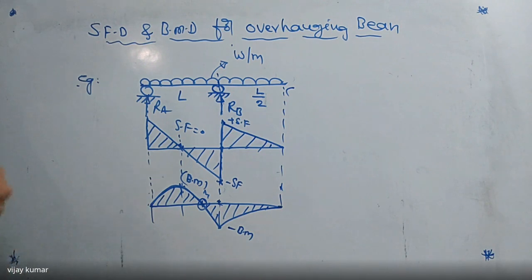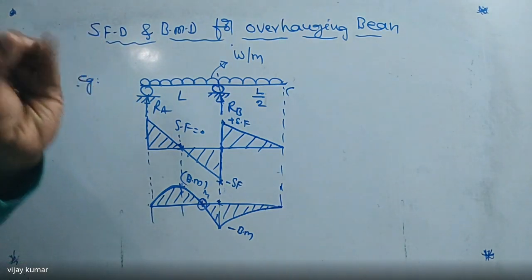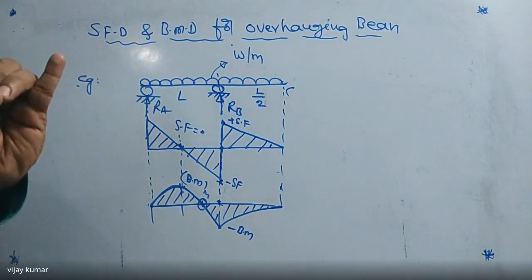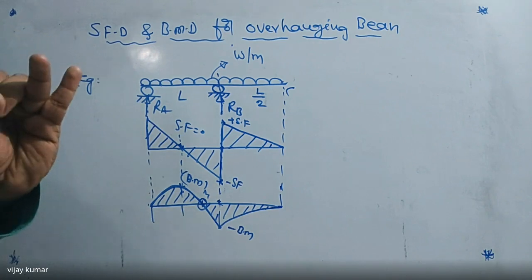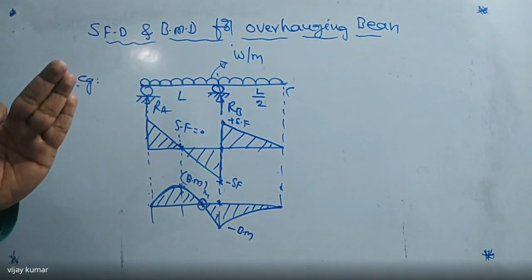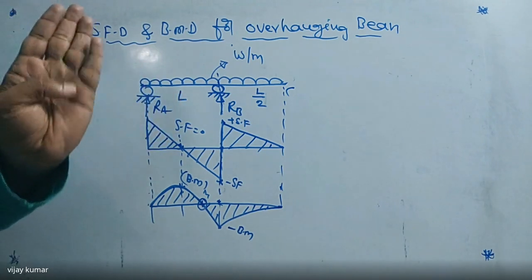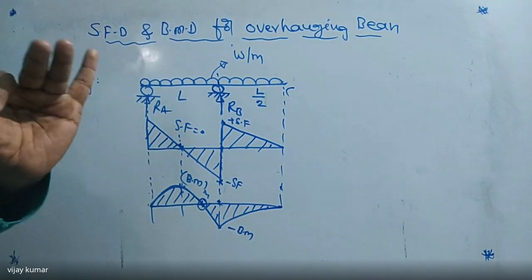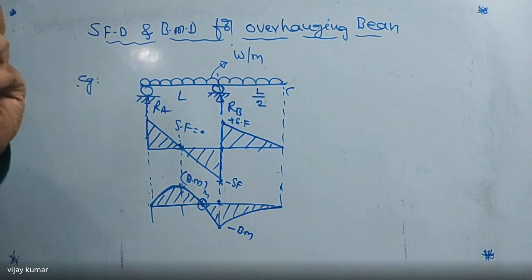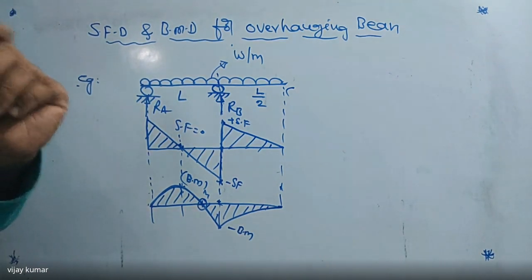That is all. But here, how many cases are there in shear force and bending moment? 5 cases. Listen carefully. When the beam is subject to point load, when the beam is subject to UDL, when the beam is subject to UVL, and when the beam is subject to couple. So 4 cases are over. And the next one I'm going to give you is when the beam is subject to an internal hinge, how to draw the shear force and bending moment diagram.